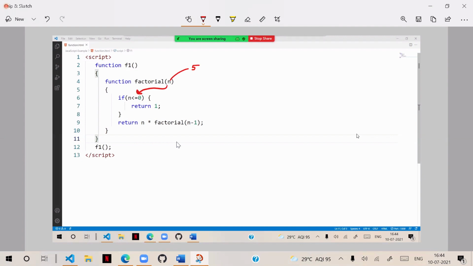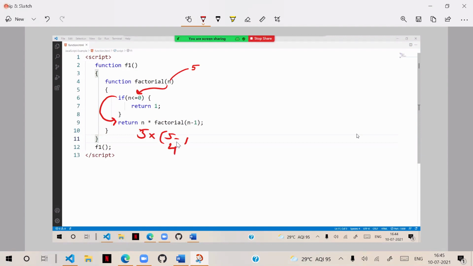It's not matching, then it will go here. That means it will say 5 into, again, the factorial function will be called. That means it is performing 5 into factorial of 5 minus 1, that is, into 4.